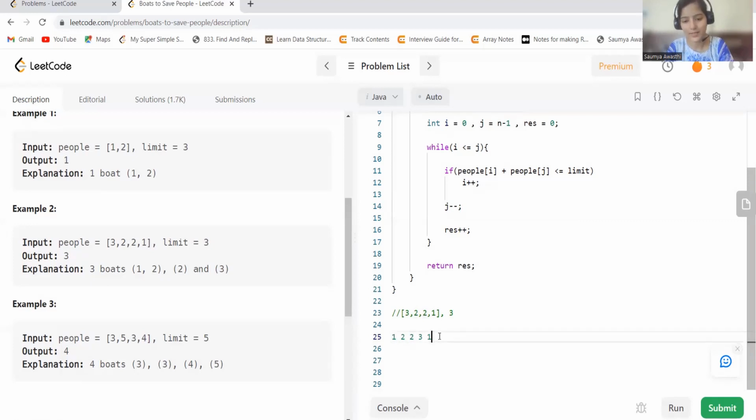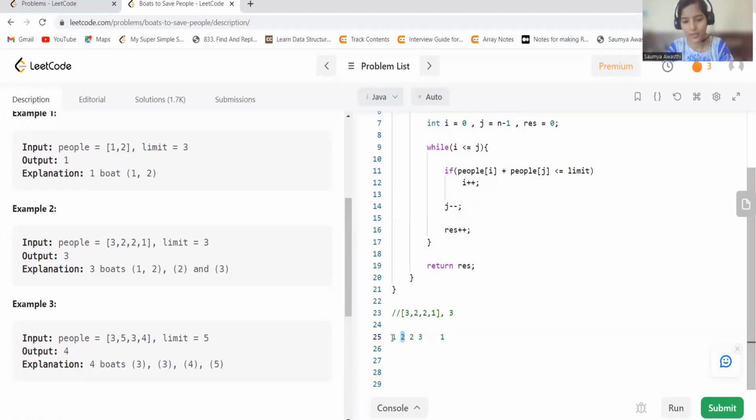So 2 plus 1 less than equal to 3. 2 plus 1 is 3, right? 3 less than equal to 3, condition is getting satisfied, right? So it means that this pair, these two people we can have in one vote, right? It simply indicates that, right? So now as we have taken this 2 and we have taken this 1, we are incrementing the value of i. So i will be pointing to this 2 now, means i value would be 1, and again j also we are decrementing because we have taken this 2, right? So j will be decremented, so j is also pointing to this 2 now. So the value of both i and j is going to be 1, right?